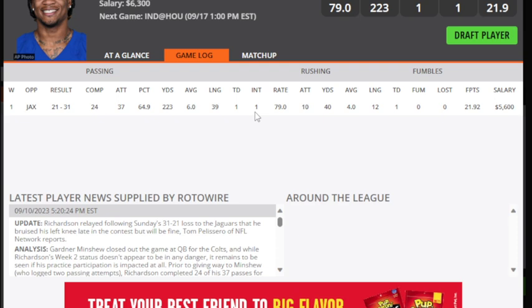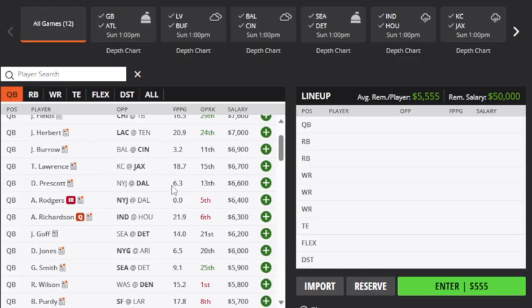21.92 fantasy points at $5,600 is always great. So Anthony Richardson is always going to be in the player pool. Goff going up against Seattle. Listen, that's a matchup you're looking for. The over-under on that is, let me see. I'm sorry, the game total on that is